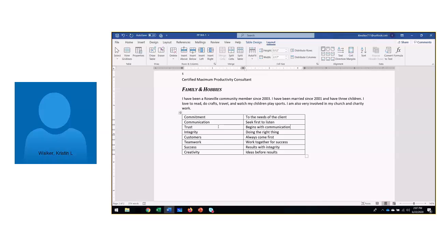And then it says to click the last cell of the table. That's this ideas before results. Put yourself in back of that. And this is another way to just add rows instead of clicking insert below, insert below, insert below. You can just hit your tab button on your keyboard. And when you're at the end of the table, that'll create a new row. And in this one, it's going to go win, win, is always